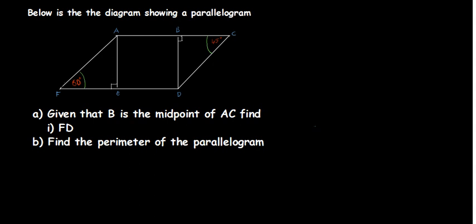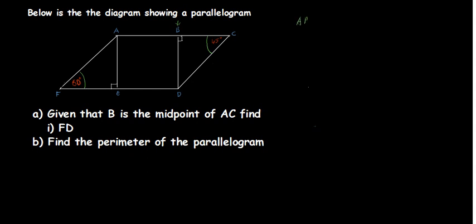Here it says, given that point B is the midpoint of AC, find FG. So what we're able to tell here is that the statement has told us